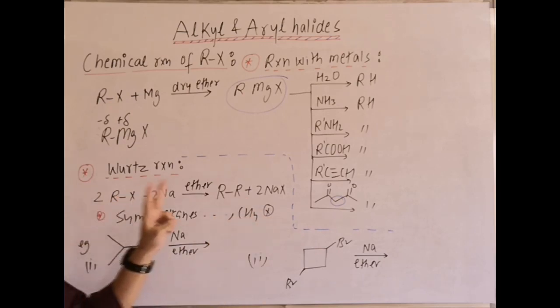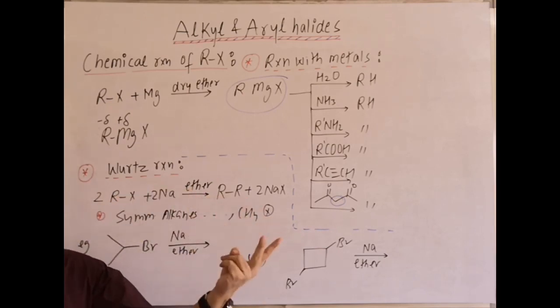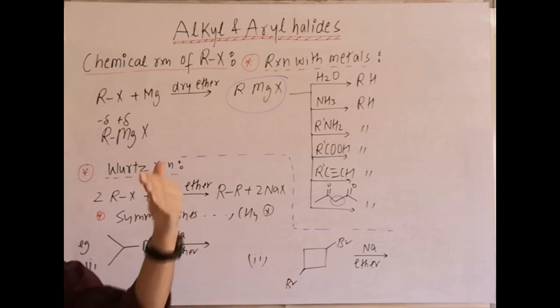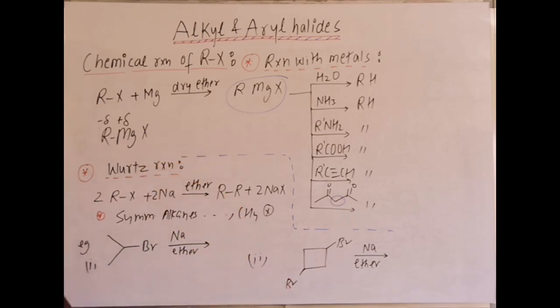Why? Because we take 2 RX. If 2 are there at minimum, then definitely minimum C2 is possible. Another point is that RX should not be tertiary, preferably primary, at most secondary. With tertiary, elimination reactions also proceed. Example here, in this case 2 moles of this compound form a radical, maybe this radical combines with another molecule like this one, these two radicals form, or one carbanion forms and the other will be an SN2 reaction.